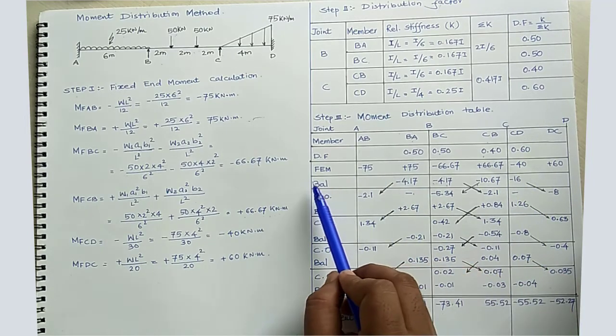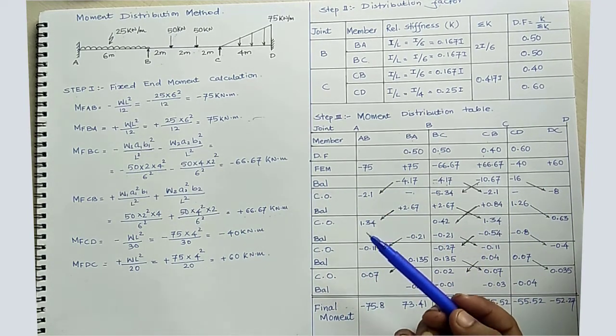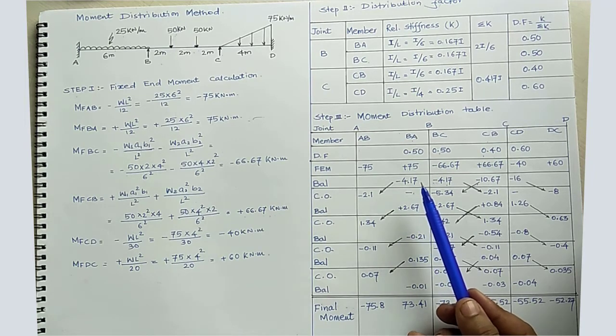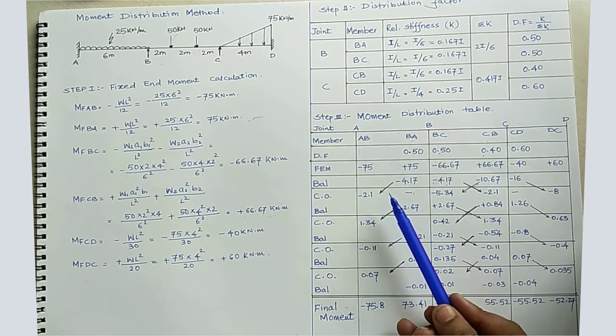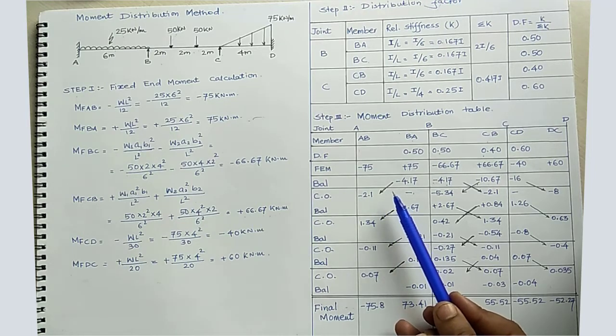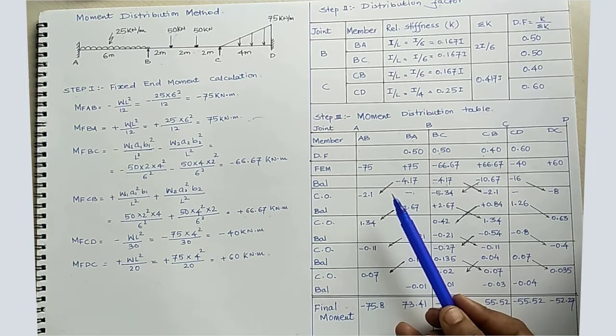Now the balancing step has been done, but there are a few natures of the supports which we have discussed in the earlier class as well. I am repeating this. The fixed support has the nature of gaining, which takes 50% of the moment from the near support, and the simple support or the hinge support at the end has the nature of giving, which gives 50% of its moment to the near support.